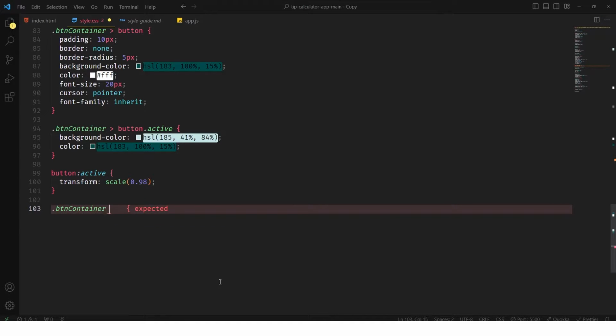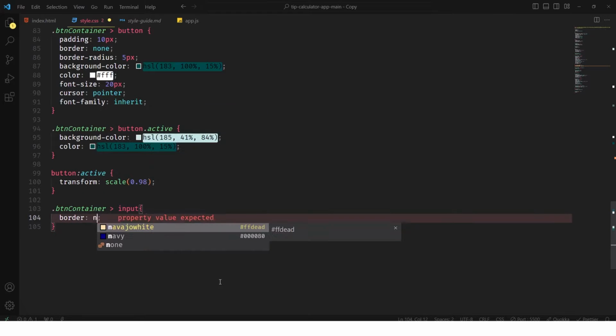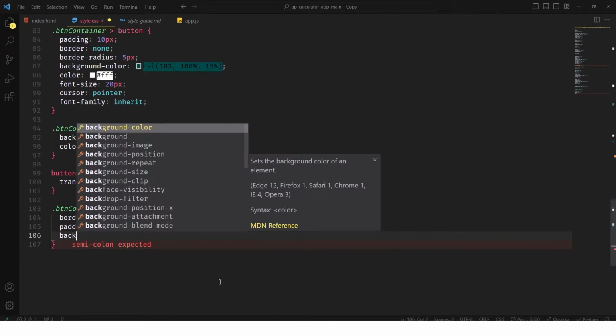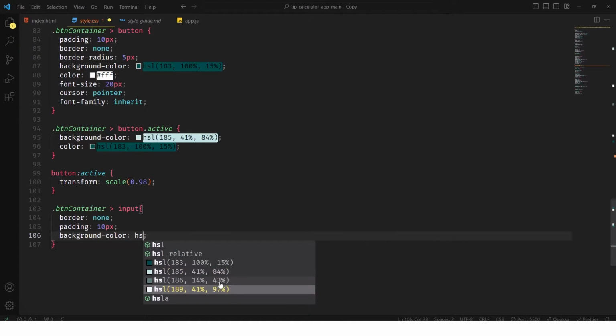So let's select the BTN container. Inside that I have an input. So in the input I will use border none, padding all sides 10 pixel, background color I will HSL 97,